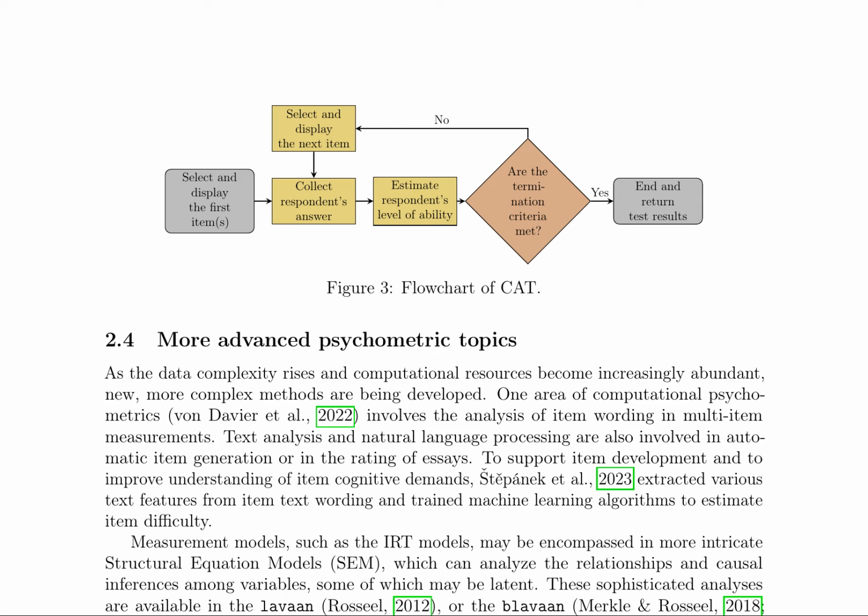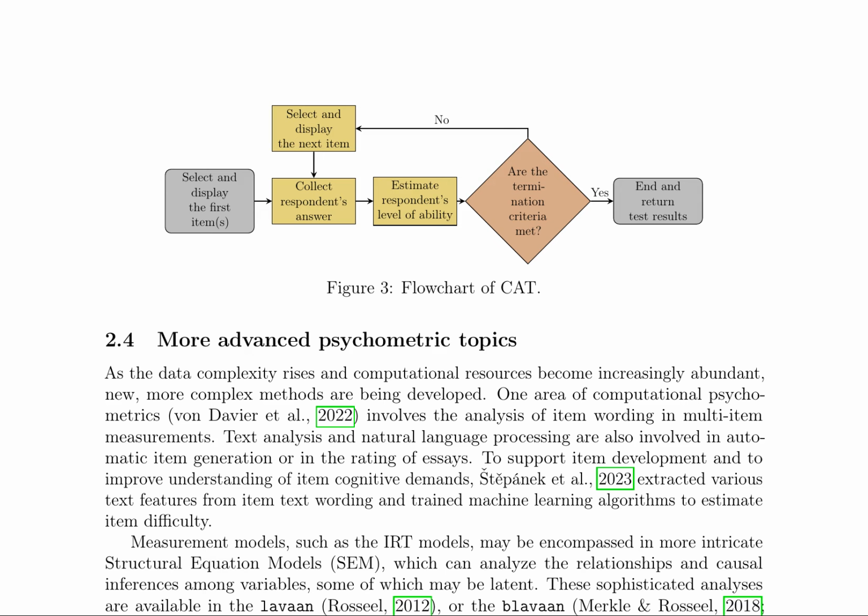The authors outline the potential for future development and expansion of the ShinyItemAnalysis tool through the creation of add-on modules. These modules can incorporate advanced psychometric topics such as item wording analysis, text analysis, and natural language processing into the tool. Additionally, integrating ShinyItemAnalysis with other R packages like lavaan and blavaan can perform complex analyses like structural equation modeling